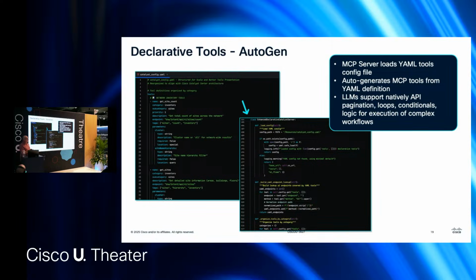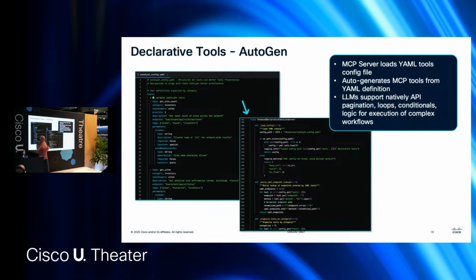It's an API specification for an API endpoint. We can see here, it's a little bit hard actually to say, I apologize, but for example, here we have a network inventory tool. We can see the API information. It is basically getting the site count. We can see information about getting sites. I can import this API spec, which is a YAML file, and auto-generate the tools that I need.